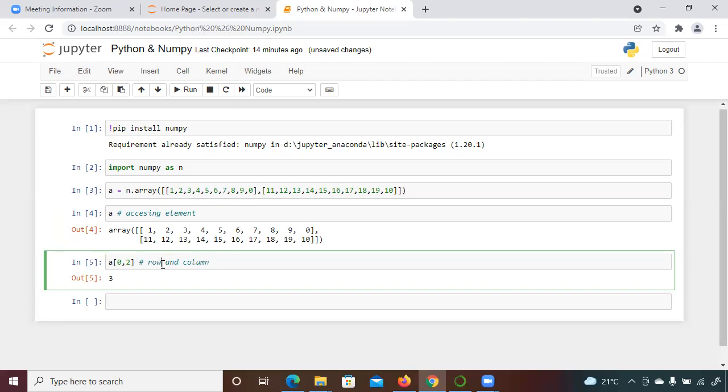So here the row is 0 and the column is 2. This way you can access the element. This we have seen in the last class. In addition to this, there are a few more functions that we should be aware of. Let me tell you about those as well.